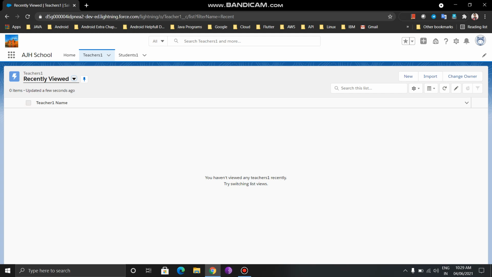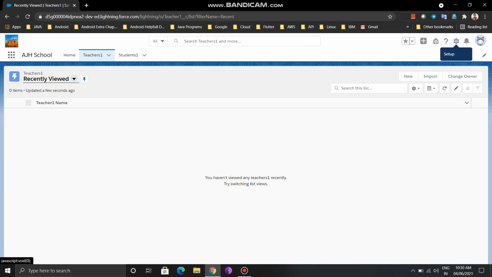For that we need to use different kinds of data types, just like in other programming languages. If we have to create variables for a string, we use a string data type. If we have to create variables for an integer, at that time we use an integer data type. A similar concept is also applied here. I am going to create fields for teacher email and teacher address. At that time we use the data type which is suitable for the email. So let's see different kinds of data types.